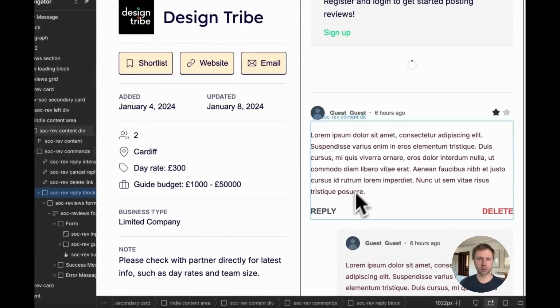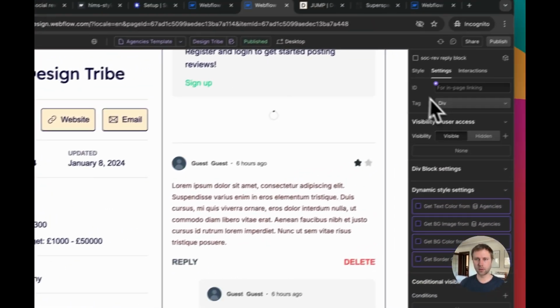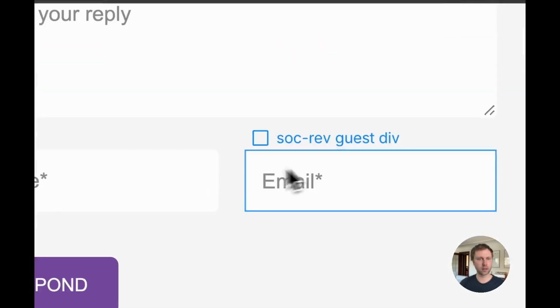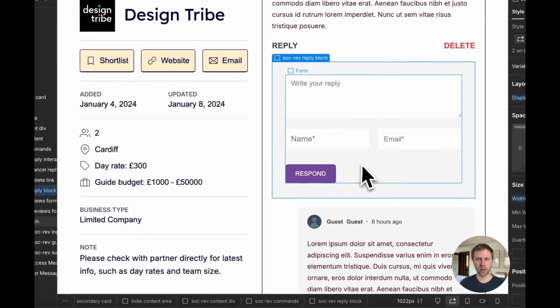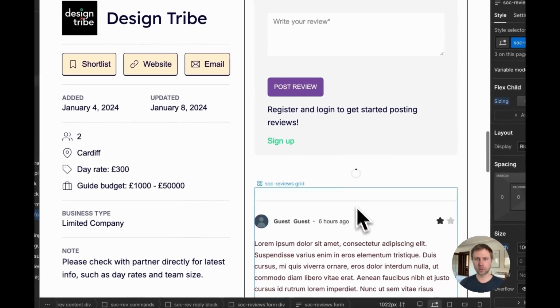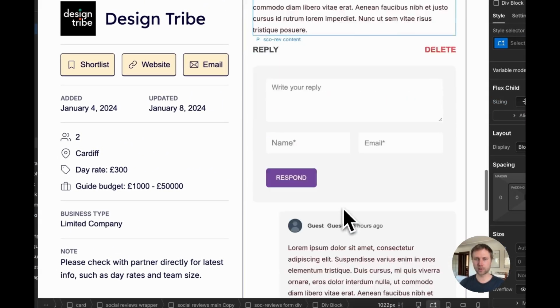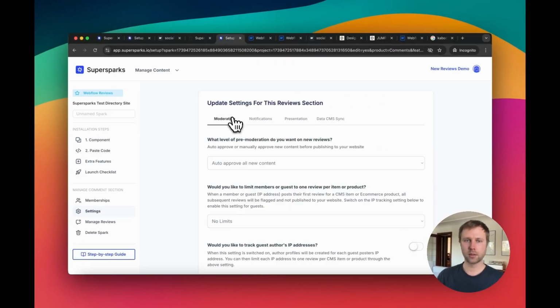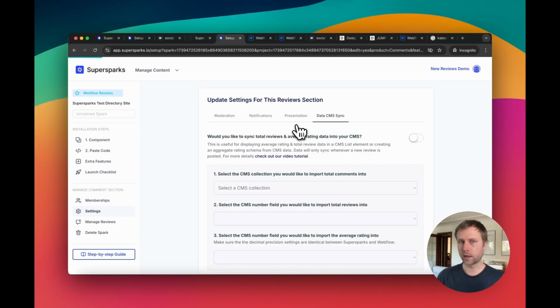And then you're just going to follow the same steps for the reply forms. So just going to unhide the reply form block, and then you can add in the attributes to only show the reply form to logged in members. And then you can also just reuse this element here, so you can just paste it into the div block for the reply form. Now, before ending this video, there's one additional feature I wanted to highlight, and that is